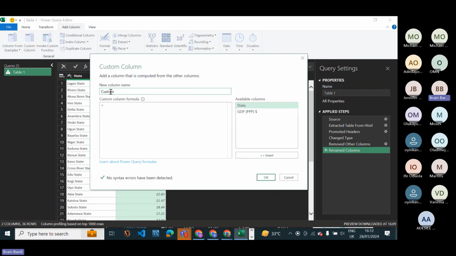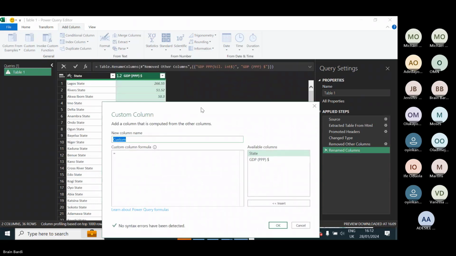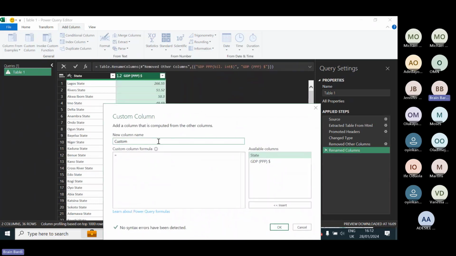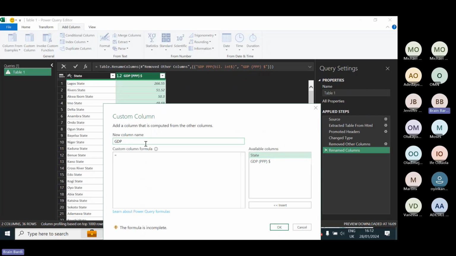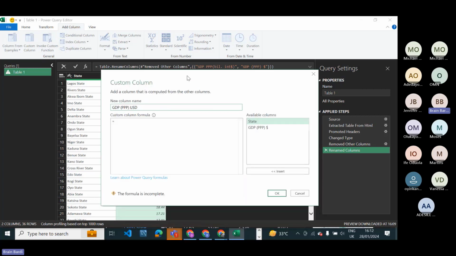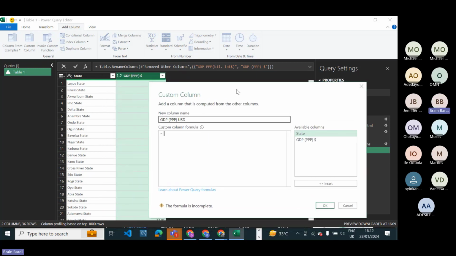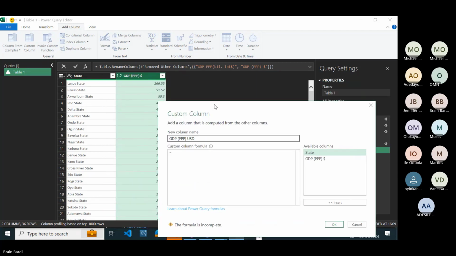We're going to call this column GDP PPP, let me just do what I did before, but I'll use USD instead just to differentiate it. And from here, we are looking for the GDP.